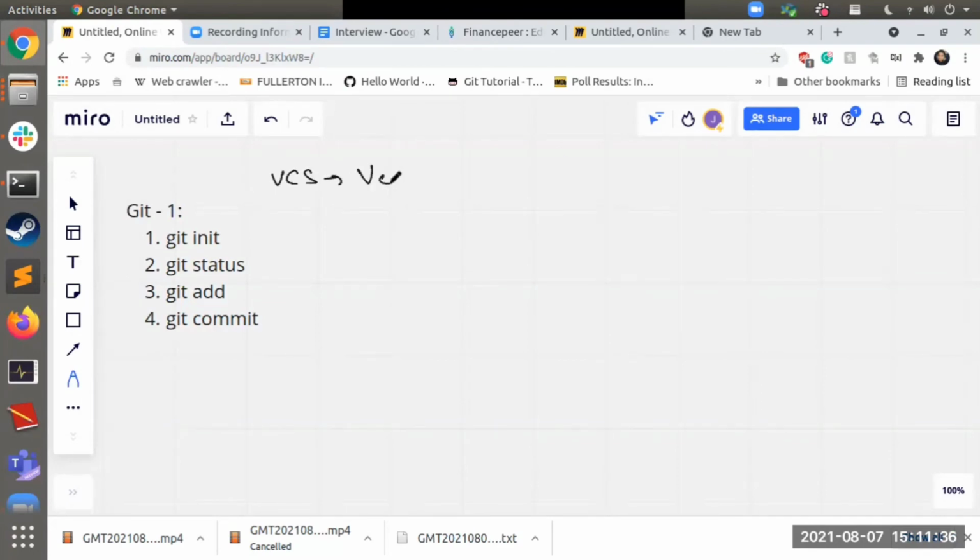VCS means version control system. There are many types of version control systems, and Git is one of them. We control the versions of our software by maintaining multiple versions, and I can remove a version, go back in time, and go back to the stable version of the software using Git.